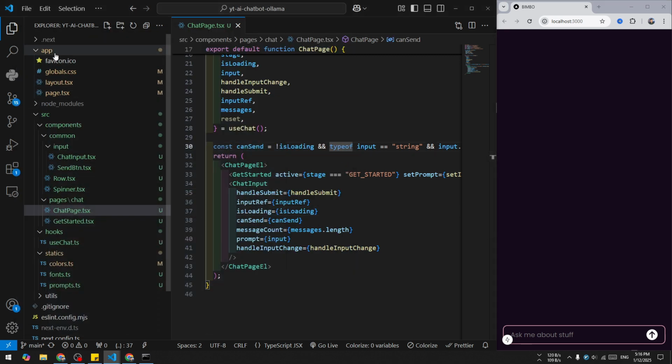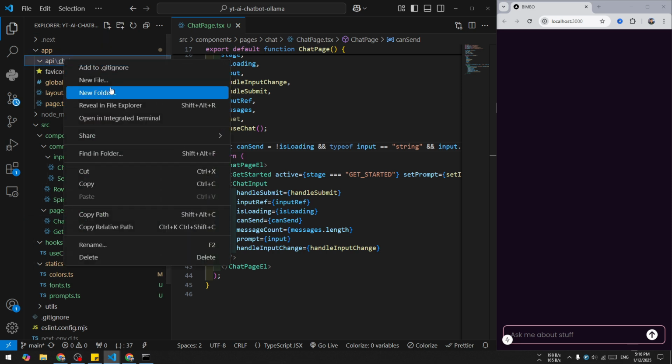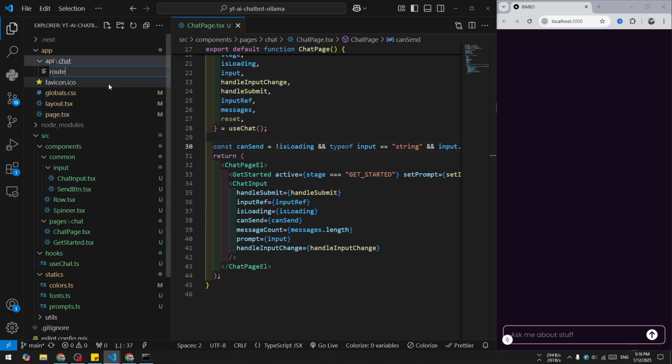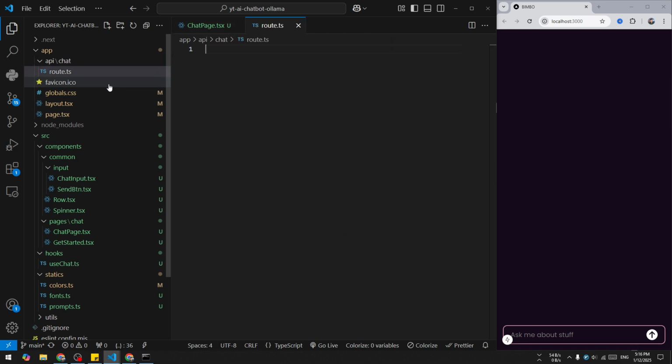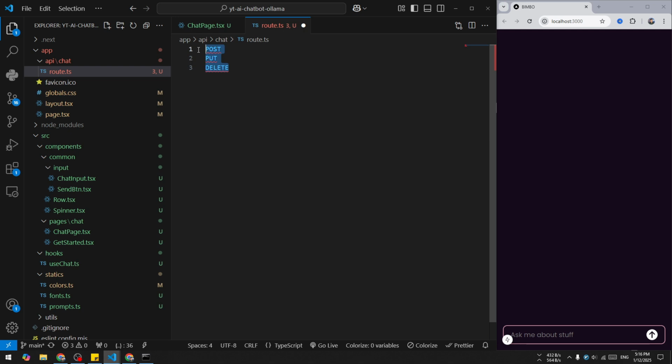In order to do that, we have to come here, create a new folder called API and another folder called chat inside it, and create a new file called route.ts. We are using API routes here. If you're a bit confused with this, you could reference the Next.js app router and their API. Here we need to export a function by a specific naming convention like this. The function name should be one of these: POST, PUT, DELETE, or any other standard REST API naming